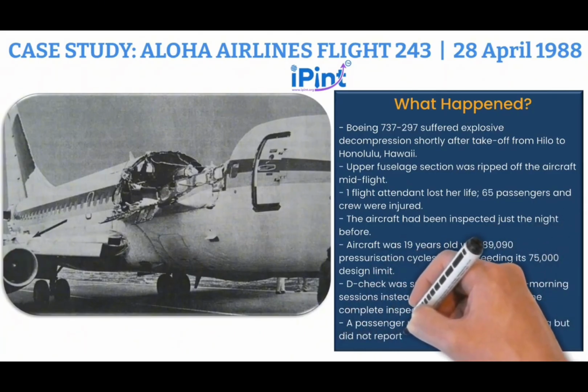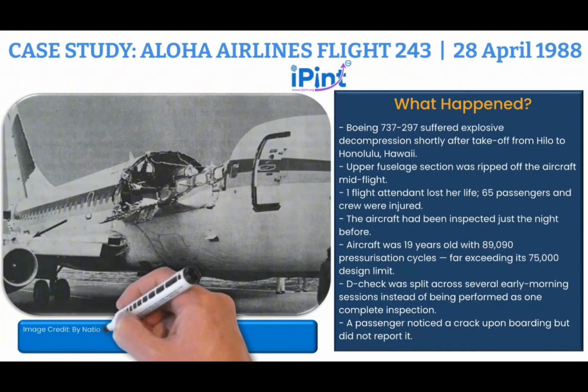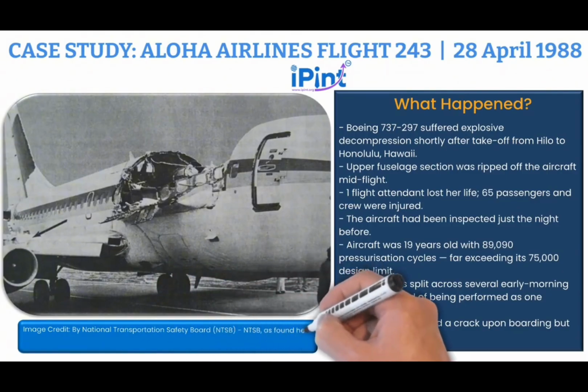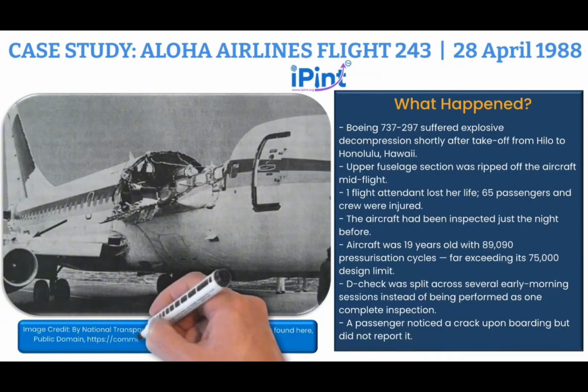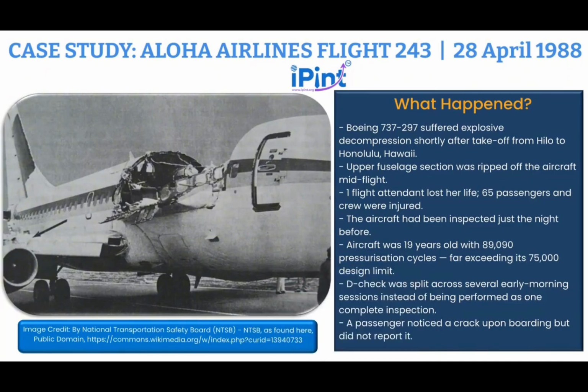The human factor failings were numerous. Fatigue from inspections conducted between 1 and 3 in the morning, complacency from repetitive, familiar work, pressure to release the aircraft on schedule, outdated service bulletins from Boeing, and a lack of training and adequate facilities to detect the deterioration. Every one of those failings was preventable. Every one of these reasons is present in your workplace as well, in varying degrees. This is why we train on human factors.